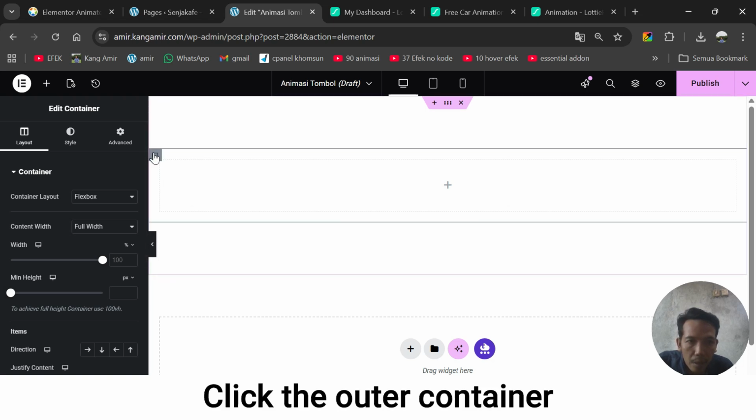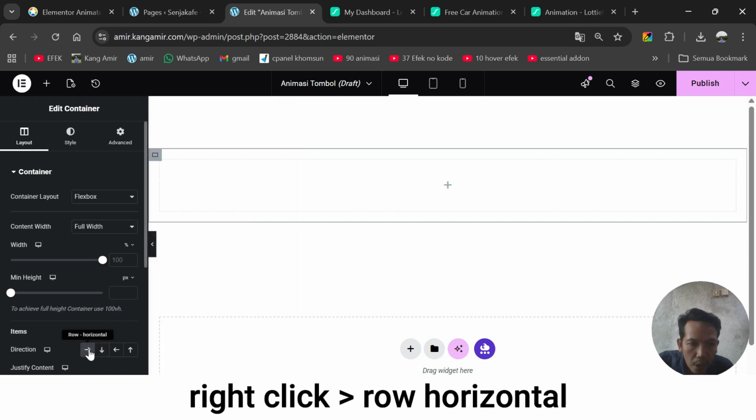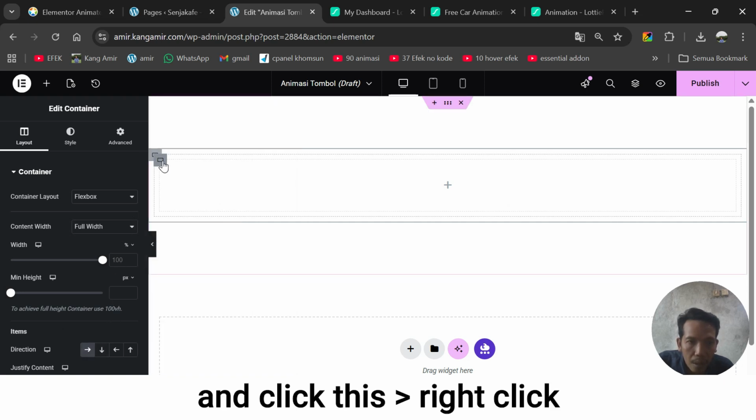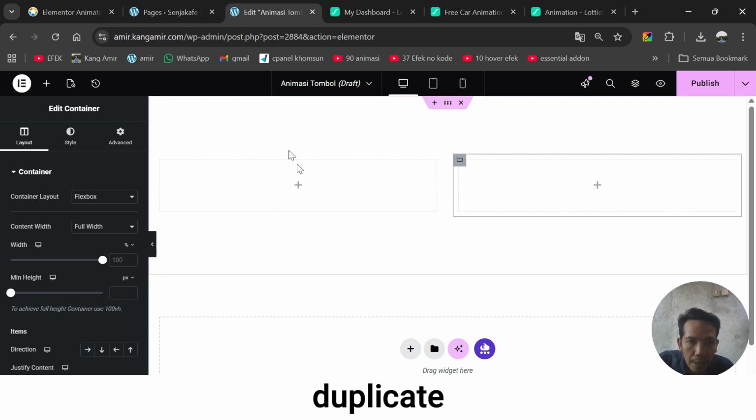Click right click, direction row horizontal, and click this. Right click, duplicate,